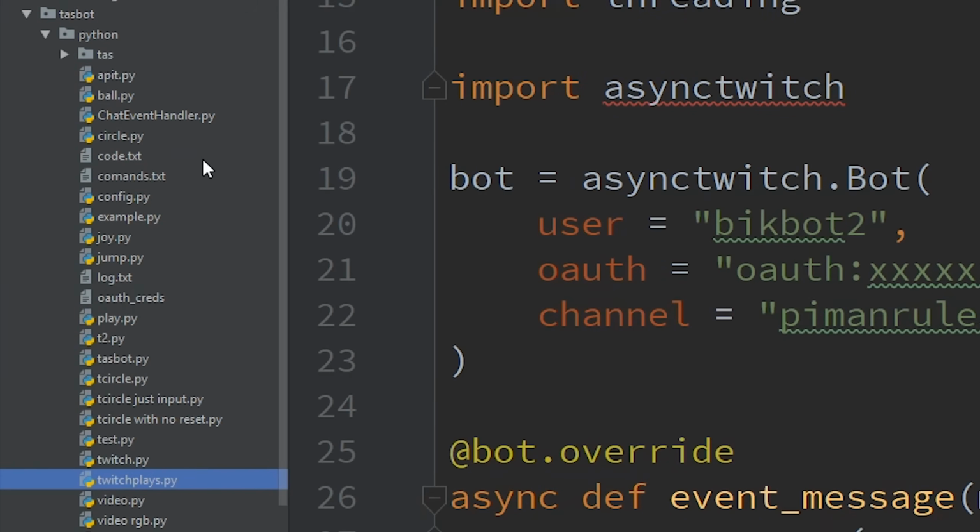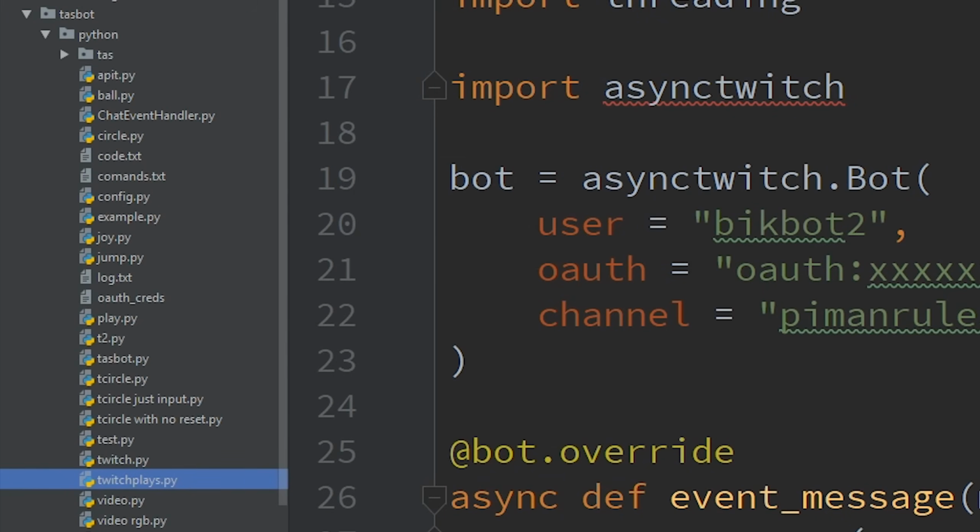Then I had this idea. It's like, hey, what if I did Twitch Plays Odyssey? And I was like, okay, I'll make twitchplays.py. Then I realized, wait, I have 5 followers on Twitch. I should do this on YouTube. And so it became YouTube Plays. But it's still called twitchplays.py. Because of course it is.